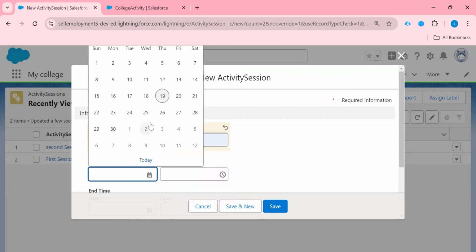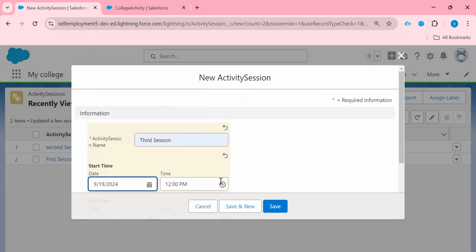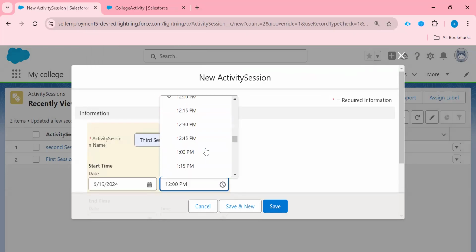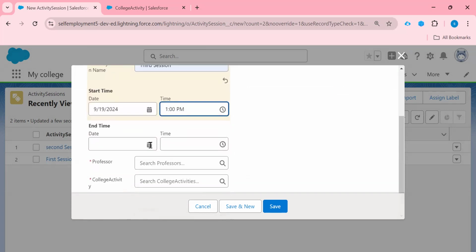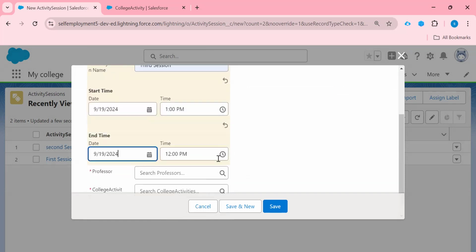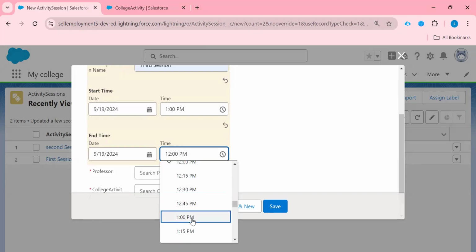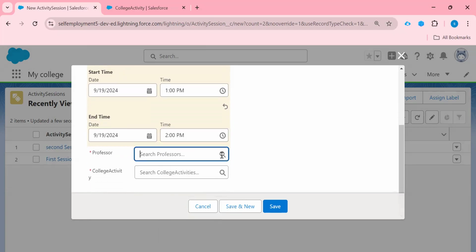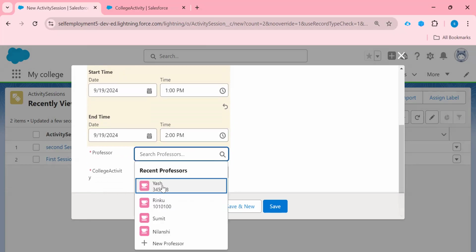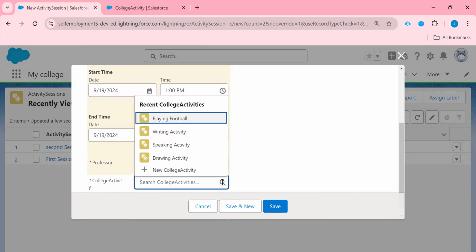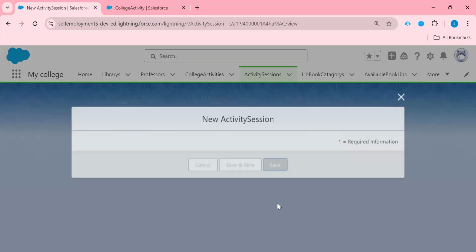The time will be 1 to 2, start time 1 and end time 2. So this is also a 1 hour activity. And I'm going to involve the same professor. And the activity is the speaking activity. Just select this, save this.